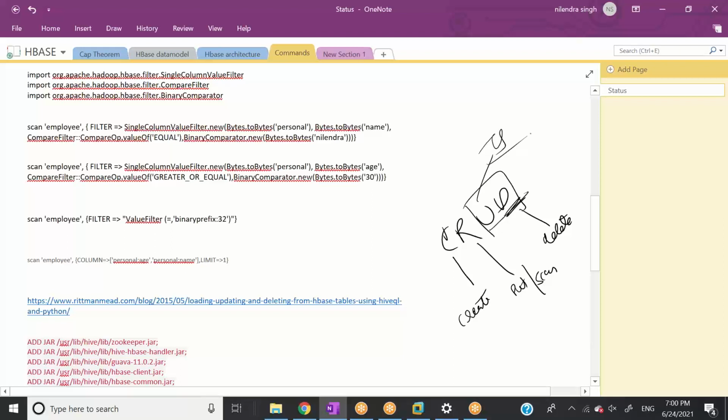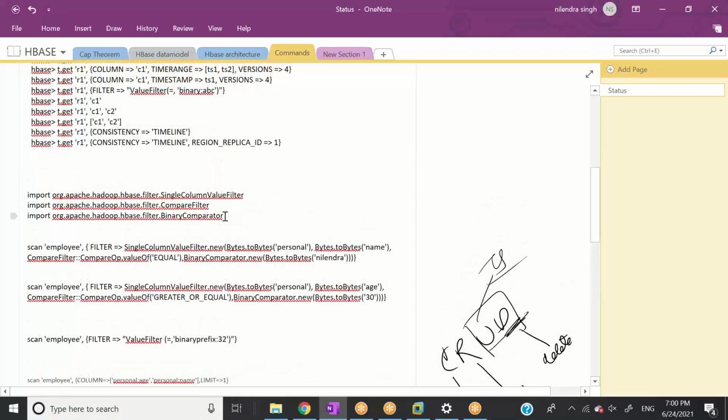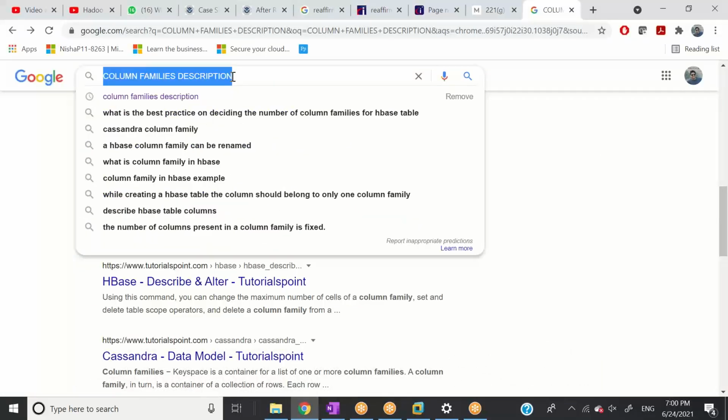Now one more thing which I need to cover is filter operation, right? When we talk about filter operation, there are multiple ways to go for it. First of all, filters are divided into multiple categories.